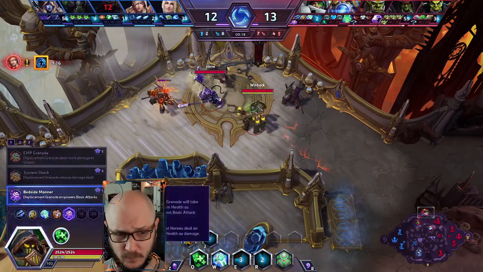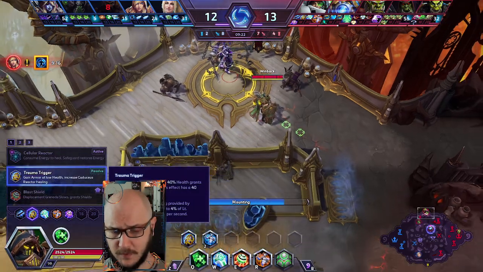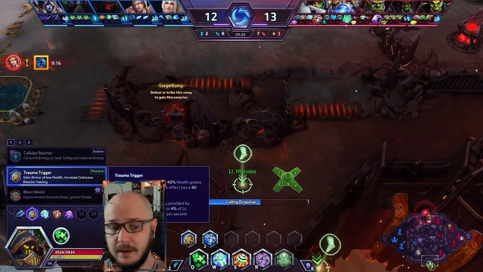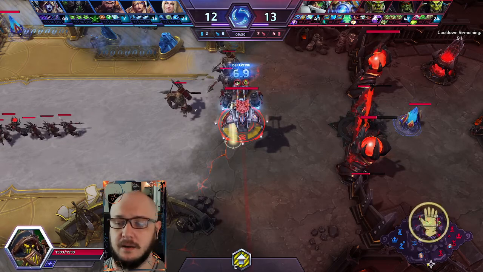Trauma Trigger, what this does is, well, it's going to give you 40 armor while you're below 40% health. And then the passive is just going to increase the...